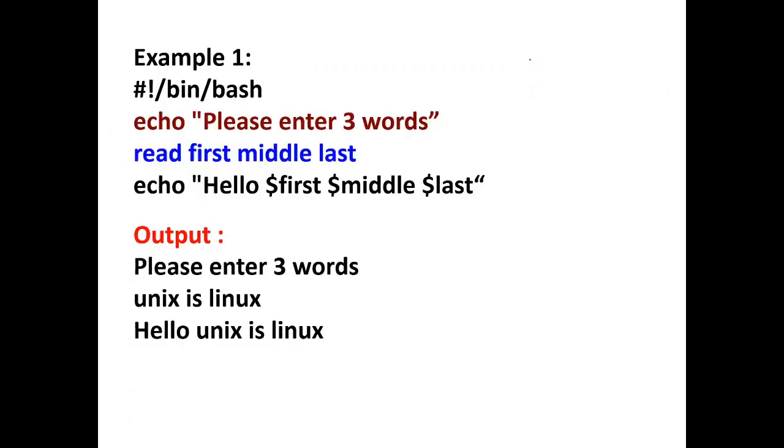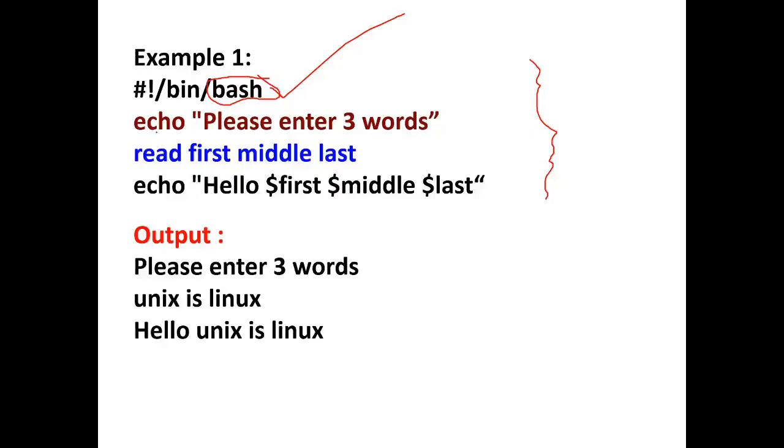So this is our shell script using the read command. Now you're going to open the VI editor. In the VI editor, you're going to type this code, and the first line, as I told you in the previous videos, the first line of the script should always be this. It is an interpreter and it indicates which type of shell you are using. If you want to use a different shell, you need to change it here.